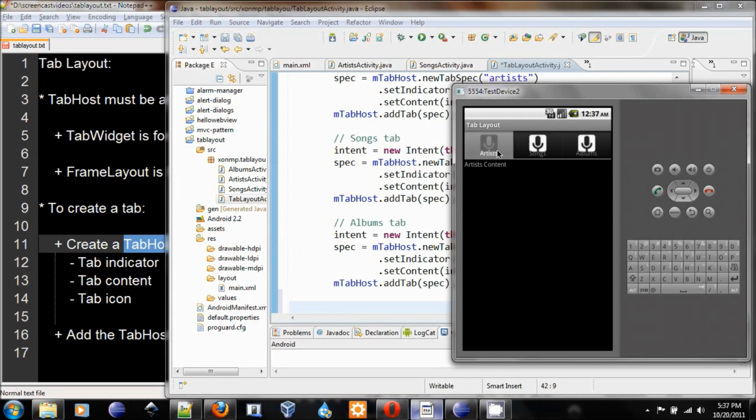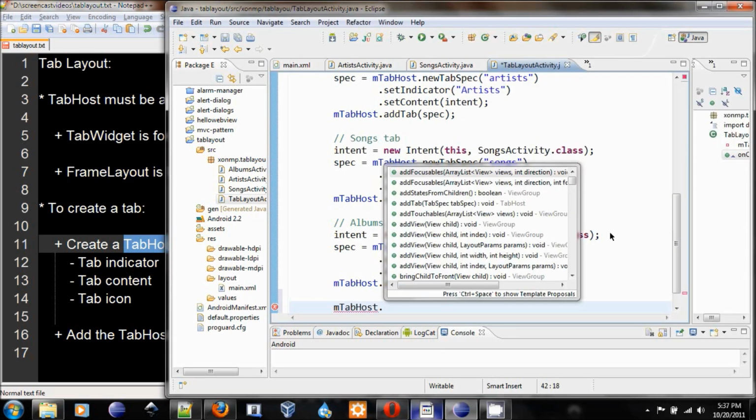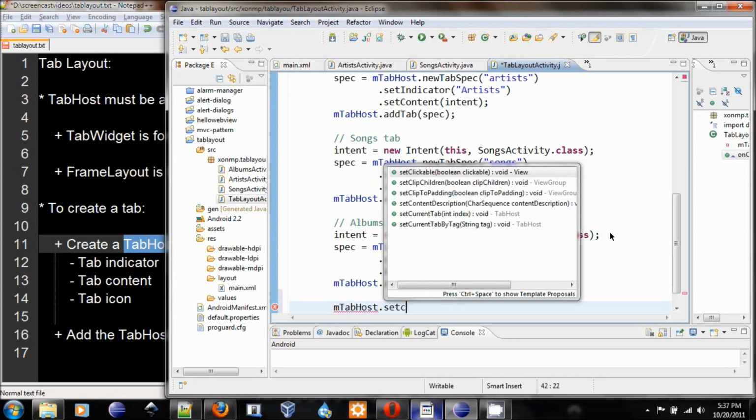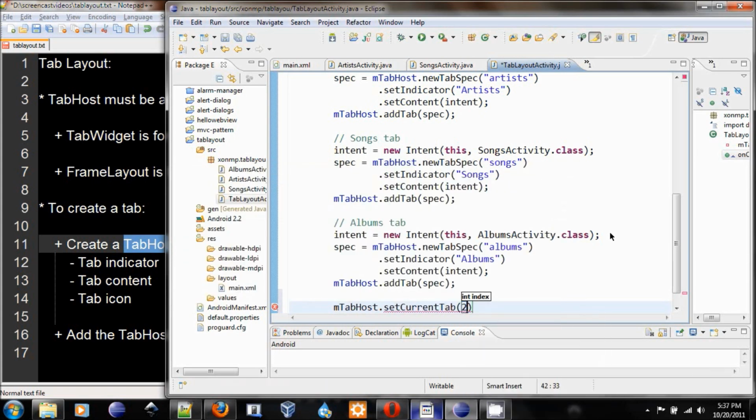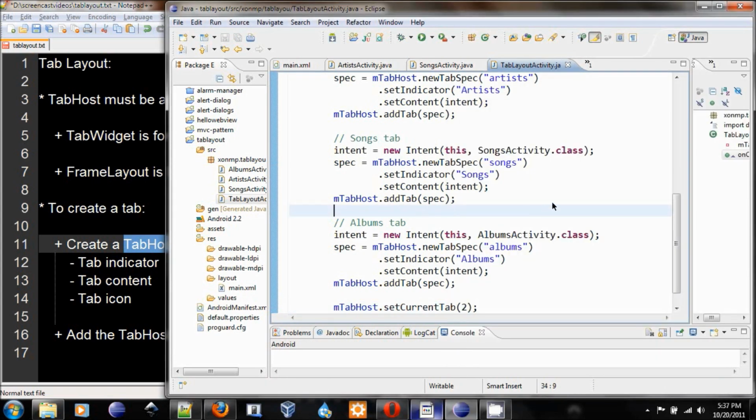It will open the first tab when you first open this layout. You can set a different tab to be the default tab. You can do that by using set current tab. So in this case, we choose tab number 2, which is the tab songs, to be our